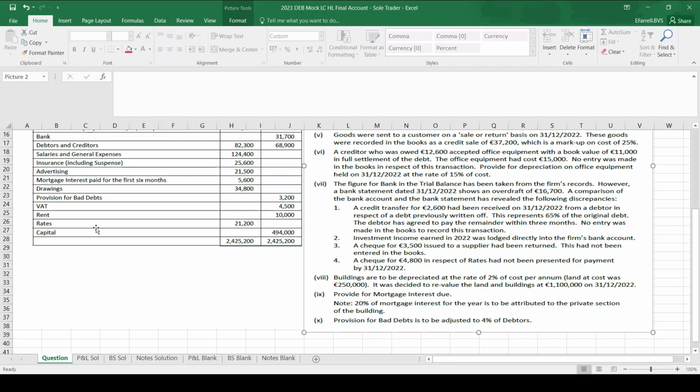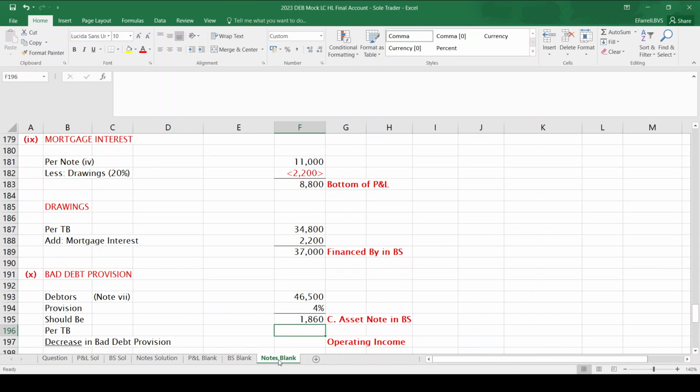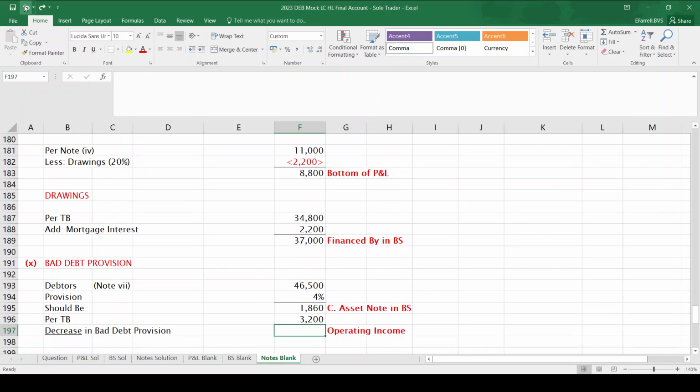Now we need to see what it is currently in the trial balance. So it's currently 3,200. Sometimes we need to increase the provision, which is bad, and sometimes we can reduce our bad debt provision, which is good. So currently the bad debt provision is 3,200. We worked it out and we said it should be 1,860. So to get it from what it is in the trial balance to what it should be, we are going to reduce it, which is good. It's going to decrease by 1,340,